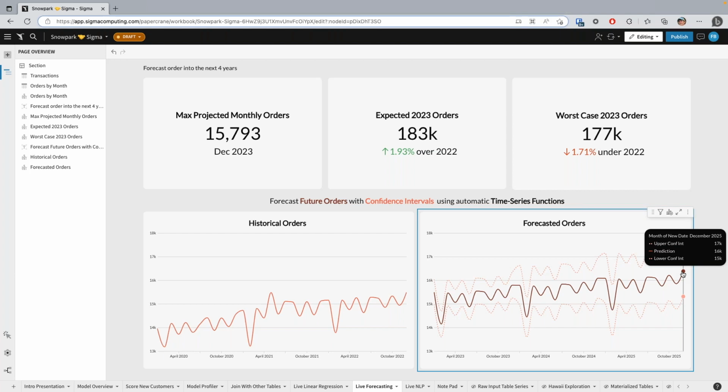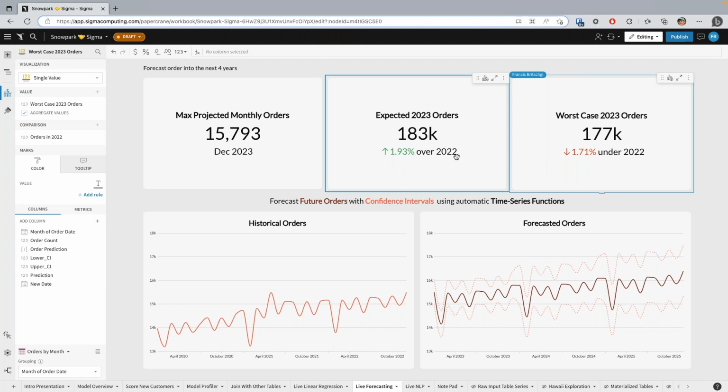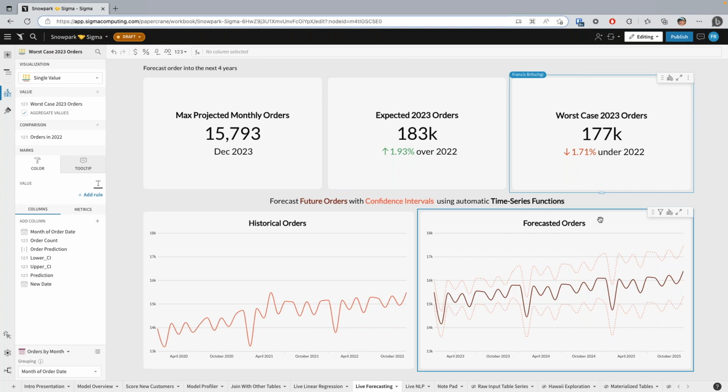And again, the ability to create these kinds of custom aggregations lets me take that data and say, what's the month that I'm going to have my highest monthly orders? What's my total for 2023? Looking at my forecast and confidence interval, what's the worst case scenario? And these are all really critical business questions that are going to help me set targets, help me make budgeting decisions that I can't do unless I have this kind of quantitative output. So enabling a business user to set a forecast and build a forecast on their own is going to be a key step in enabling that kind of forward-looking analytics.